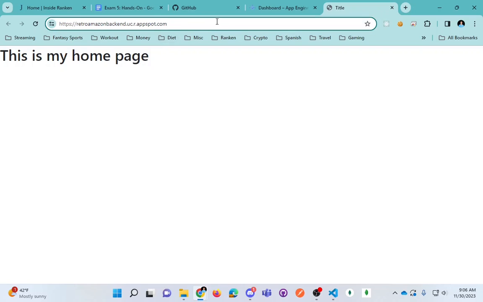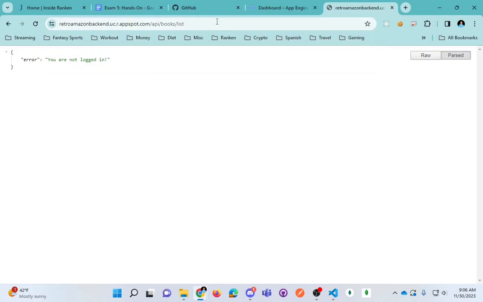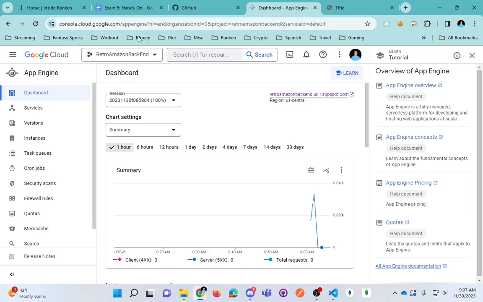But then to test my routes, I can go to something like API Books List, and I get a message that you are not logged in. Of course, we've got some middleware protecting us here, so you have to log in your user. So this is up. It's just my demonstration that my backend is up and running on gcloud. Now,